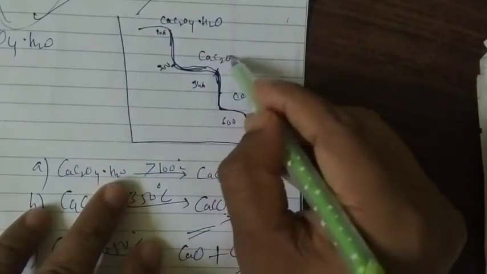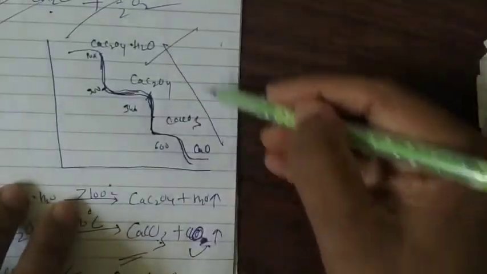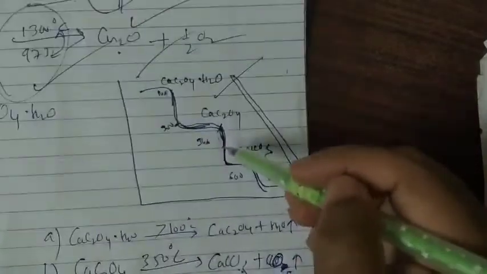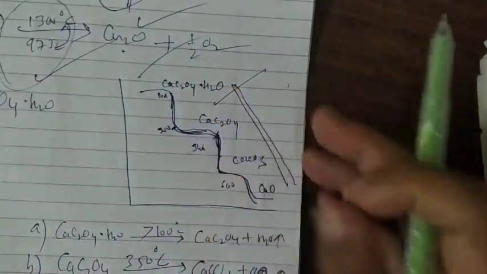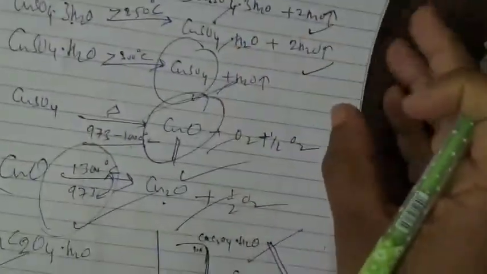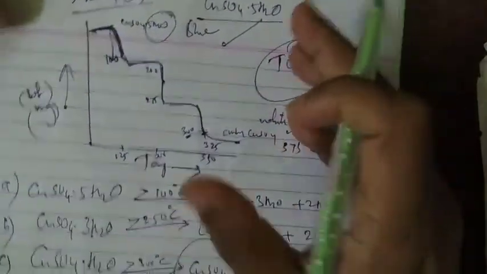This is your calcium oxalate, and finally you can see the graph shows how there is a decomposition, and this is the reaction we have seen, and at what temperature there is the weight loss of the mass here. So this is how the application part of the TGA helps us to know the weight loss, as well as the particular decomposition. So this is what about the TGA, that is thermogravimetric analysis. Very simple. Okay, so very beautiful.